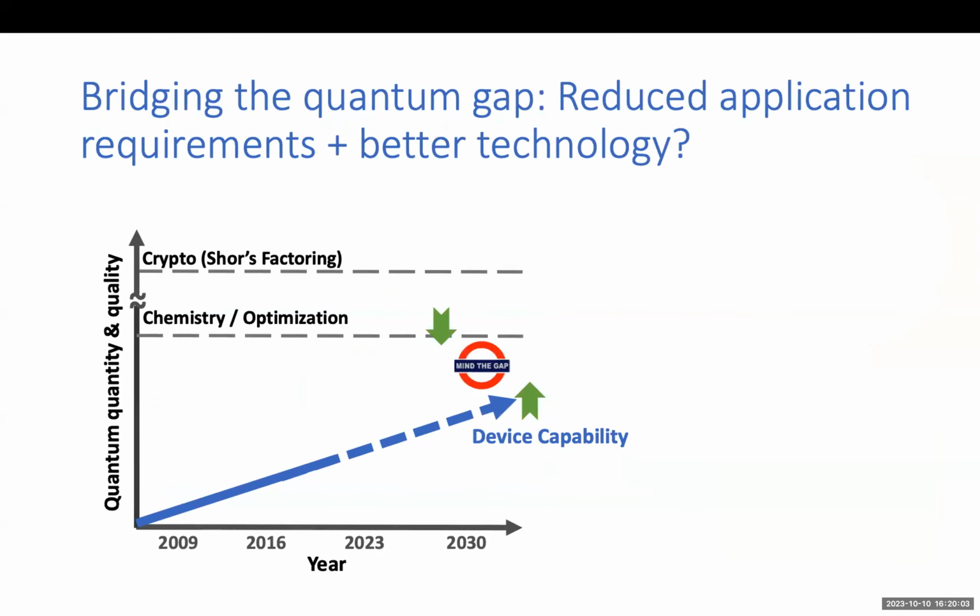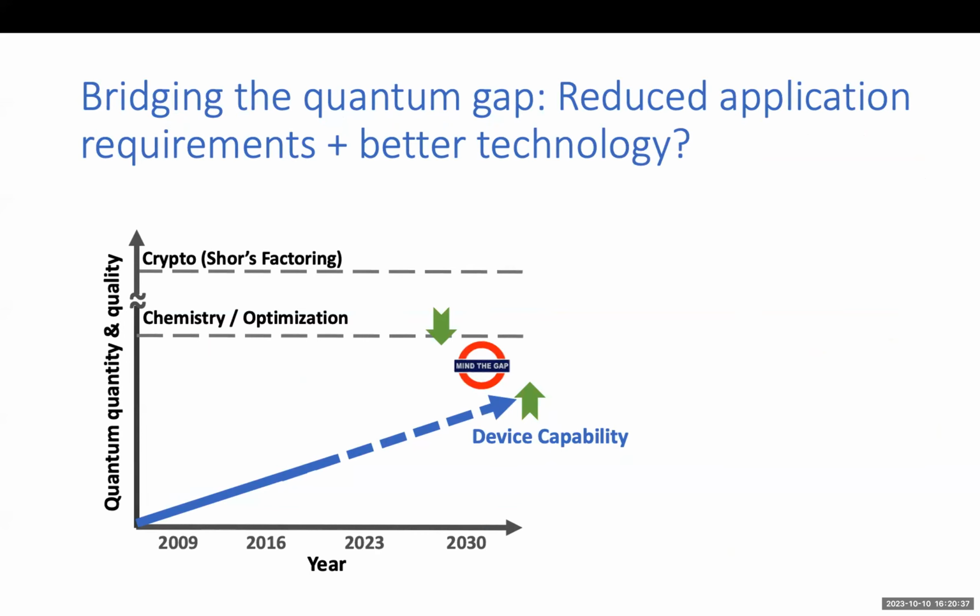So what I've told you so far is that there are a bunch of promising applications, new applications are being found, and there's active research in this area as well. And device capability is continuing to increase, especially it has accelerated in the past 10 years. But there is still a very significant gap between what applications need and what devices are able to achieve. And closing this gap is perhaps the most important billion, maybe trillion at some point, dollar question of the next many years, right? So how do we achieve this?